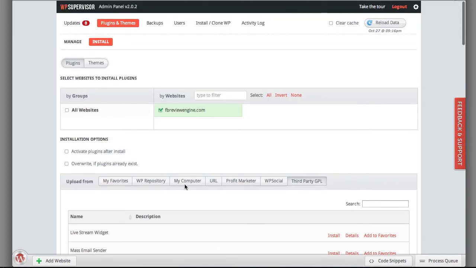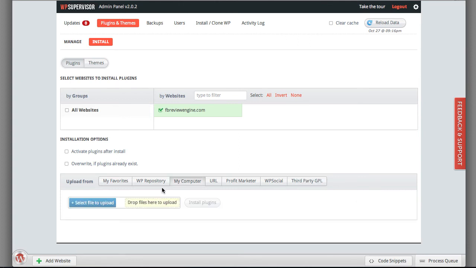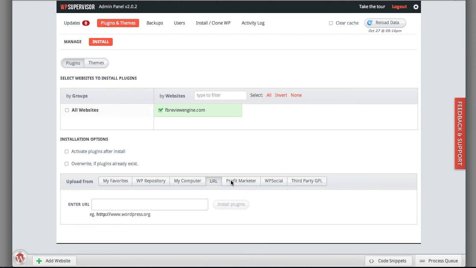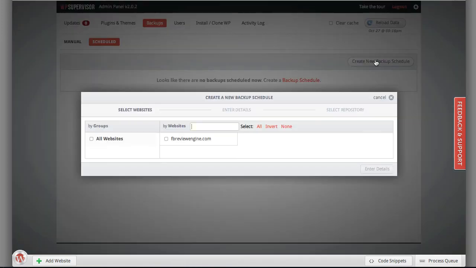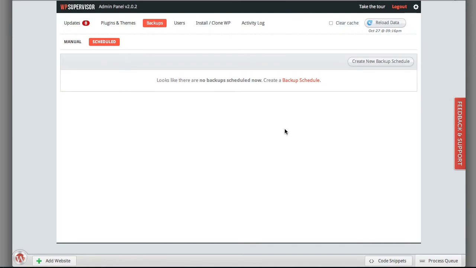Now you can still load plugins from your computer. You can do it from a URL as well. So there's a tremendous amount of flexibility here. But then when you get into security, you can see there's a lot here. I'm not even finished yet. We can do backups, manual backups. We can do scheduled backups. You can create a new backup schedule, choose the site you want to back up, enter the details, and work from that. Okay? So it really gives you a lot of ability to back up and keep your site secure